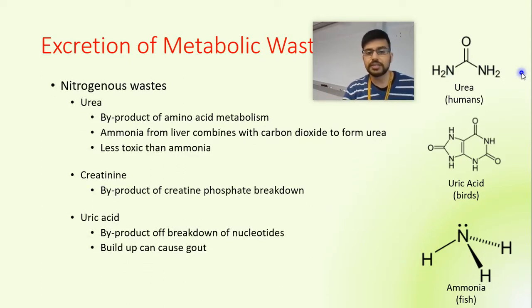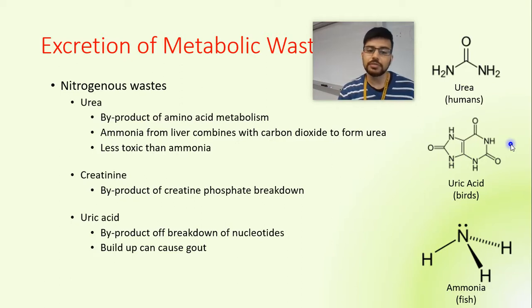So urea, this is through amino acid metabolism, as mentioned before. Amino acids do not get stored in your body. So if you have excess ones, you end up producing urea as a waste product, and this ends up in our bodies. If you ever have ammonia in your system, we'll combine that with carbon dioxide to form urea. So that excess ammonia that your cells could not get rid of in your blood actually ends up in your liver so that we can convert it into urea, which is something we can manage. Ammonia, on the other hand, is super toxic, so we don't typically have that in our system.